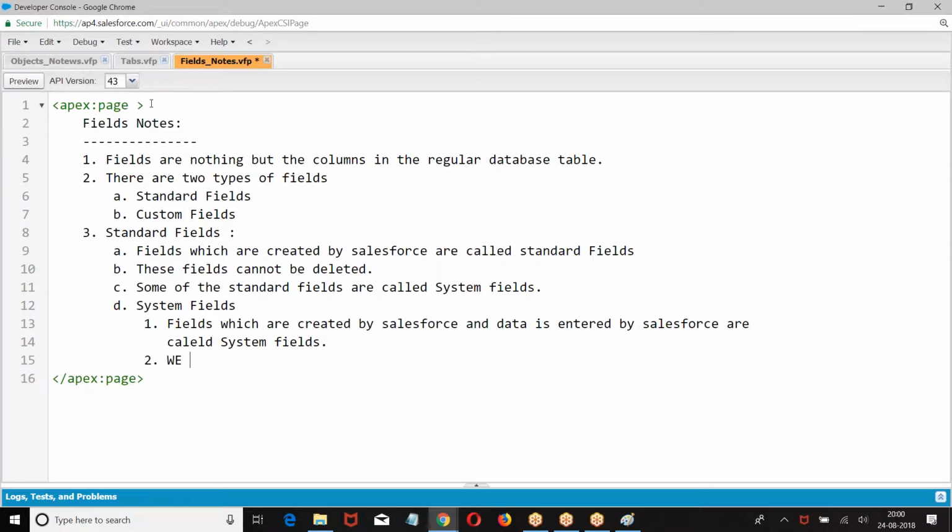We can only use the data in the system field. What are system fields?